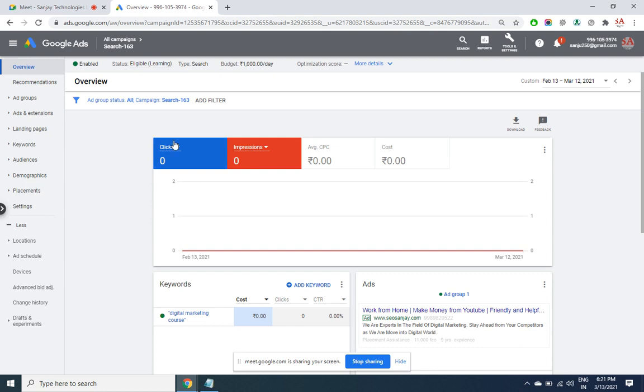This is how all the campaigns work. So firstly, your objective has to be clear. Are you aiming for impressions? Are you aiming for clicks, that is website visitors? Or are you aiming for app installation or YouTube views? So you have a solution in online marketing, in AdWords, for any type of requirement.